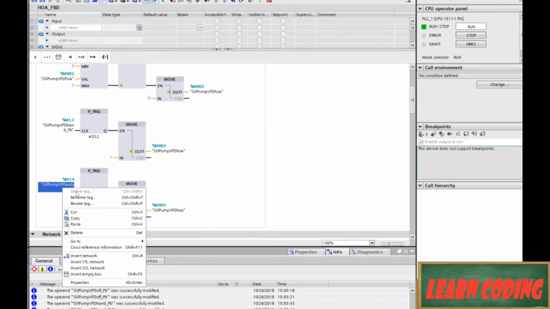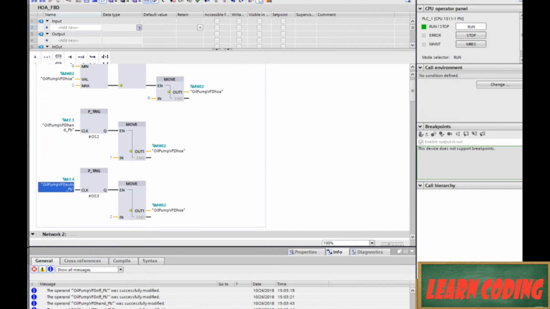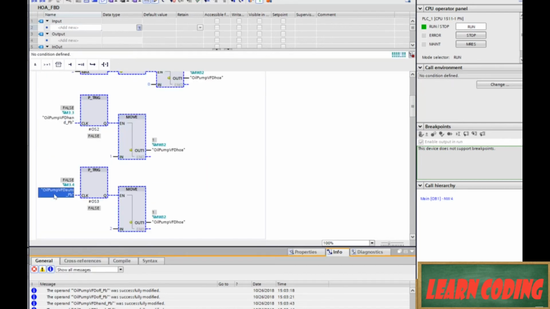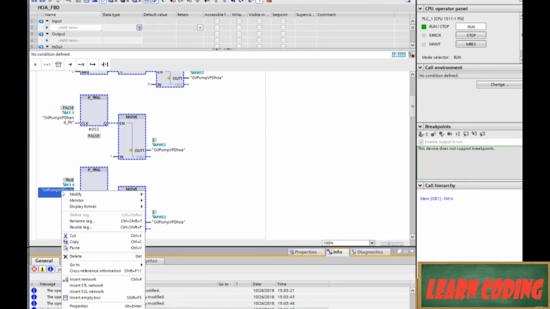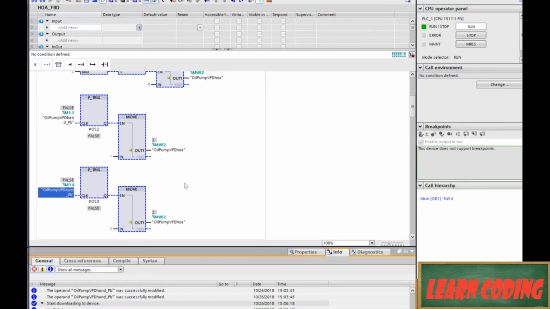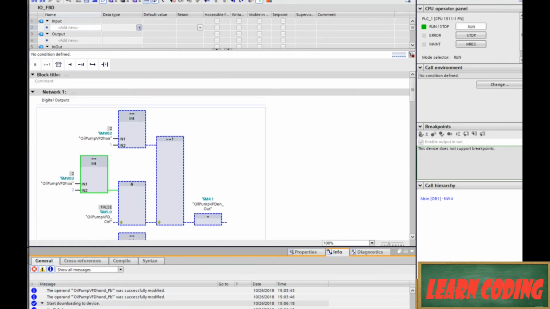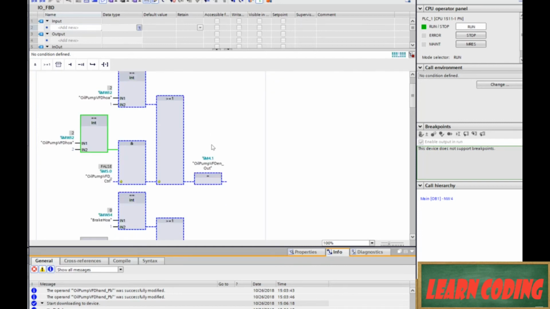So come over here. Oh, we're not monitoring anymore. Let's go back into monitoring. Okay, and auto push button, modify to 1, modify to 0, and now our HOA is set to 2. Come back in here, and sure enough, we're set to 2, but the control bit is not energized, therefore the AND is not energized,